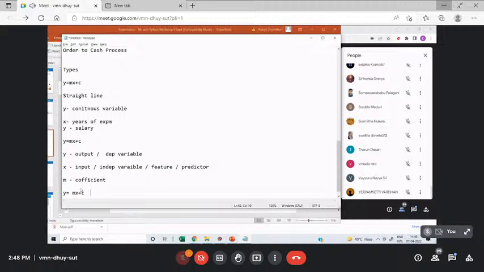The three important libraries that you need to know: one is NumPy, which is typically used for numeric calculations, building arrays, all that is done using NumPy. Then you have Pandas, which is used for importing data sets. All your historic data that you're going to import, you have to import using Pandas. And you have matplotlib.pyplot, which is mainly used for any graphical representation that you do. I'll show you some examples. But these are the three minimum libraries which you always need to use whenever you're writing a Python machine learning program.